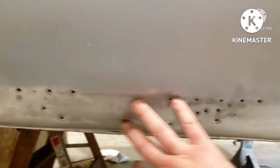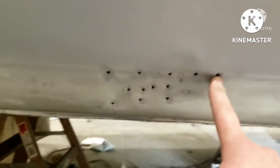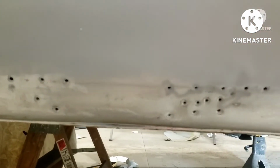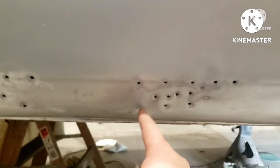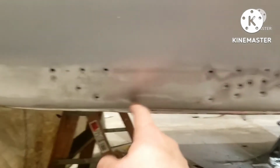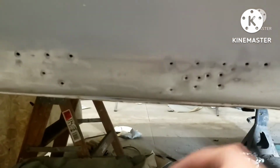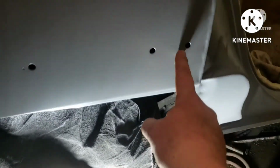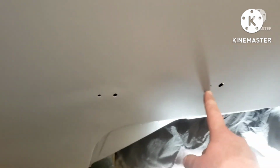I did not prime this because there are all these holes from the old body guys, and I don't know why they did this, because you can get at it from the back side. They could have just beat at it from the back side. But I've got to go through, hammer and dolly all of this, smooth these out, and then weld them, and then go in on the back side and get this all nice and straight. I cleaned all the seam sealer, so everything's going to have to get re-seam sealed, but I sandblasted all of this. These extra little holes are from the old trim. For some reason, this side had different trim than the driver's side, and they just